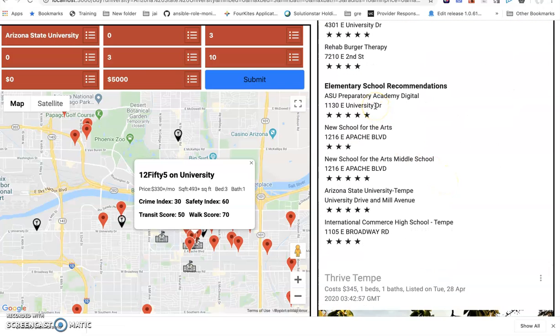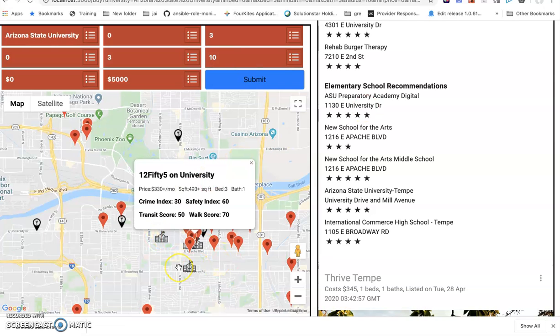We also wanted to put up special information on elementary school recommendations, because we felt this would be useful for any students, be it PhD students or anyone who had kids. The elementary schools along with their ratings would help them make a sound, informed decision.